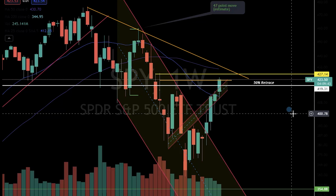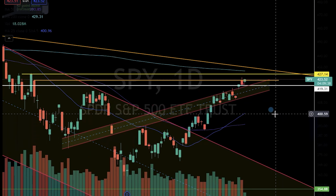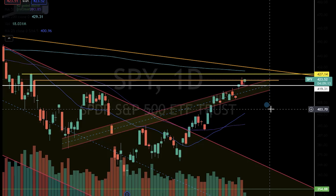Options expiration does start next week, as well as a whole host of European GDP data. So that data could be really interesting in the sense that it sets the tone for what the likely picture is for the European economy, and I certainly think they're going into some sort of a massive deep recession that will obviously have contagion, in my opinion, for all of the global markets. So that being said, let's stay nimble, and we'll just see what next week has in store on the charts